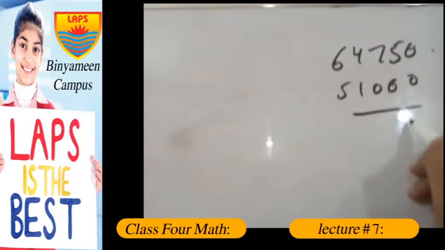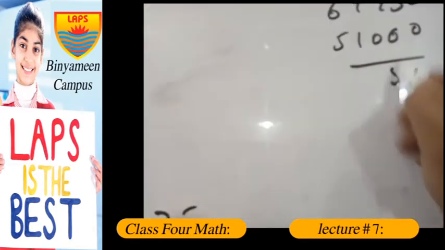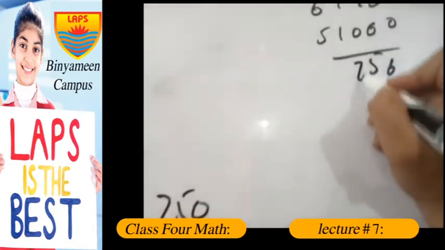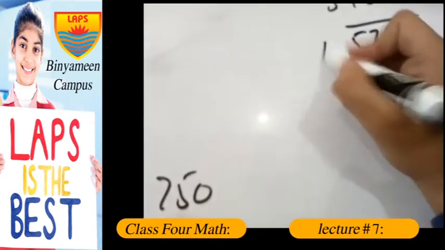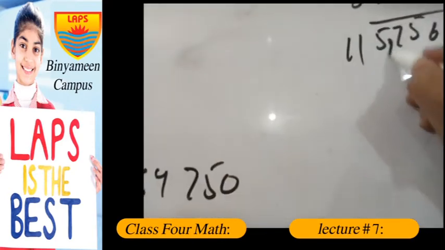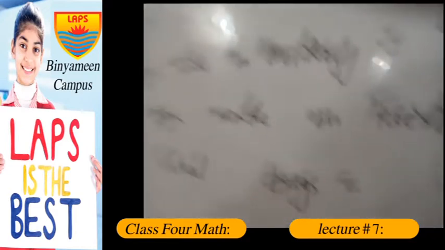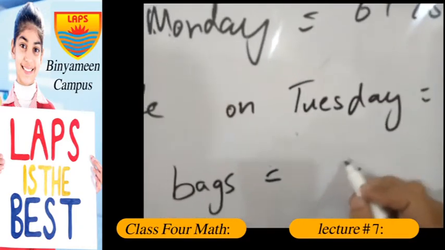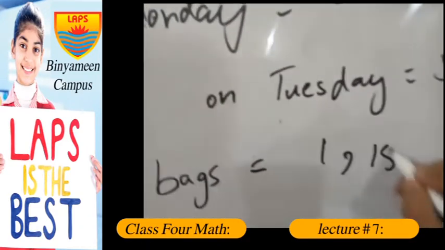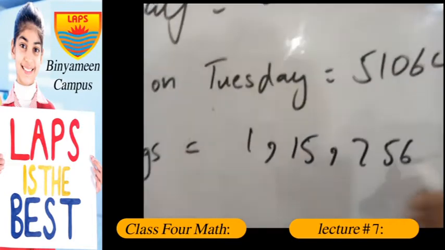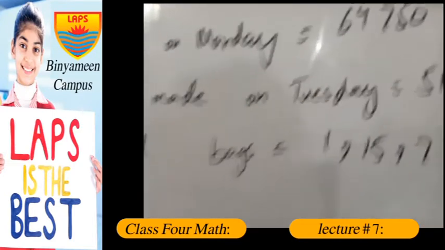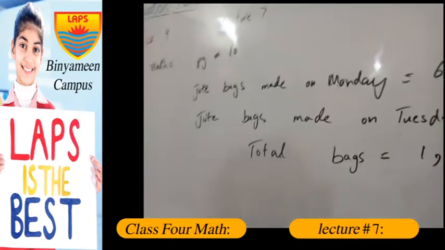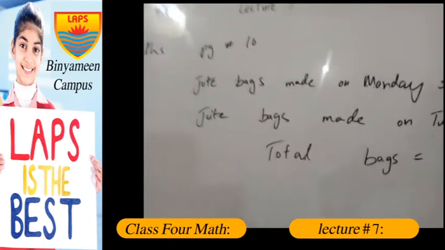51,060. Now 6 and 0 makes 6, 5 and 0 makes 5, 7 and 0 makes 7, 4 and 1 makes 5, 6 and 5 makes 11. Now the total jute bags made are 1,15,756. So make sure that your lines here, statements here are